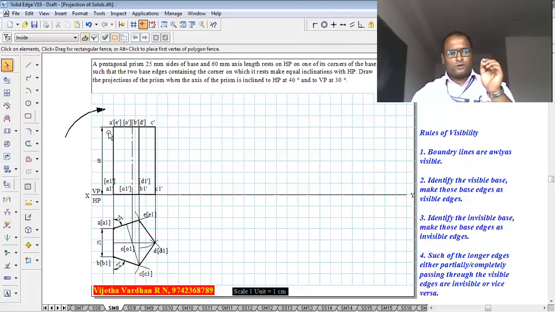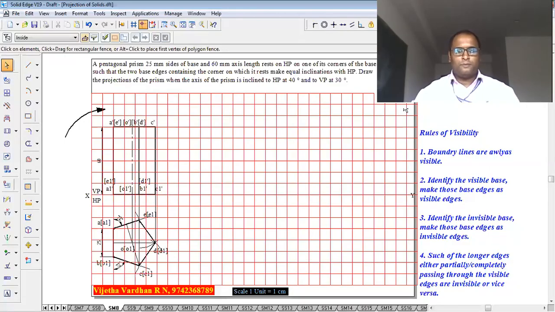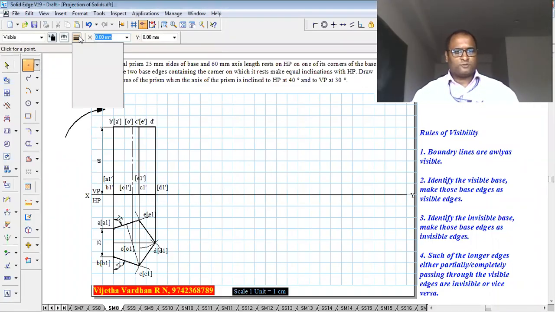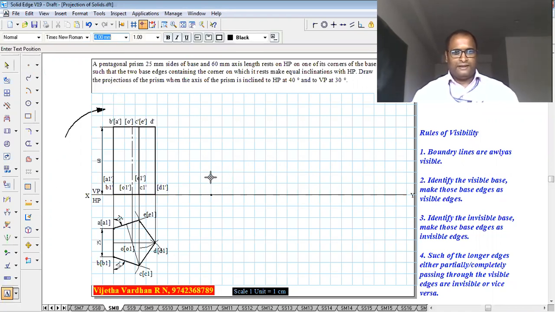As I told you, when we rotate in the clockwise direction, it is going to rest on the corner C1 dash, and we are going to show you how to complete the problem. Now what we have to do is take the D1 dash as a reference. Now using your HB pencils, we have to locate a point anywhere on the XY line keeping some convenient distance, and that point is supposed to be marked as D1 dash,